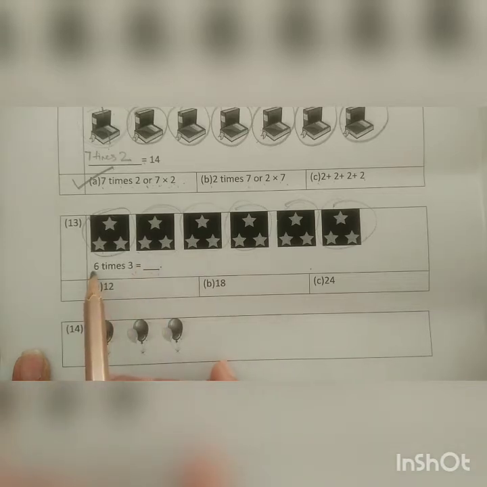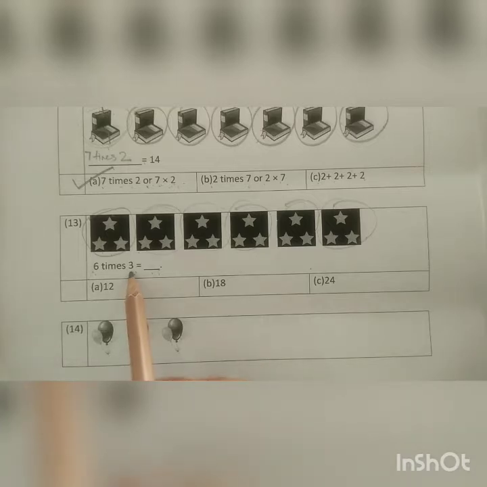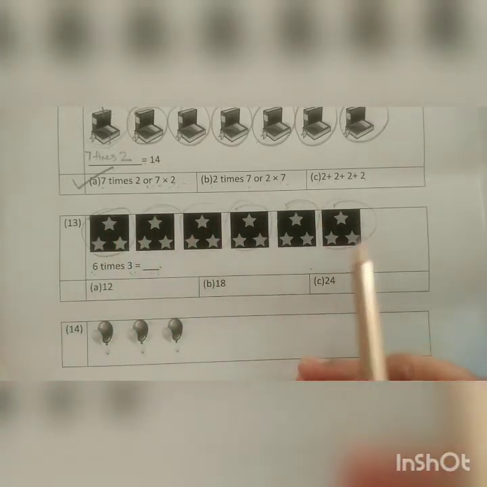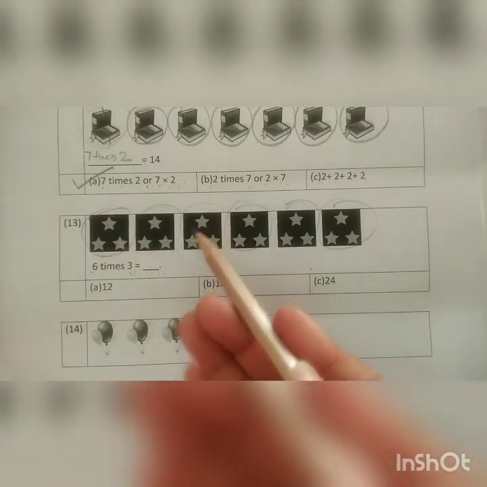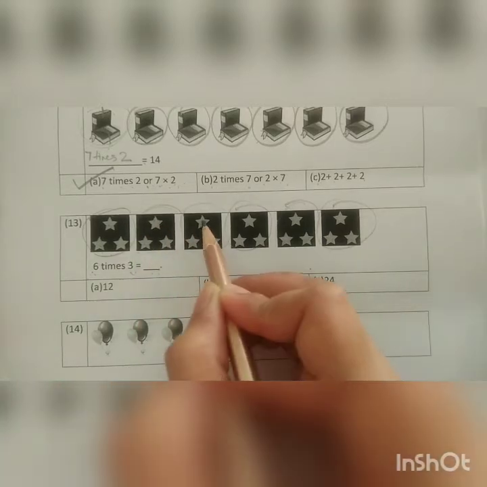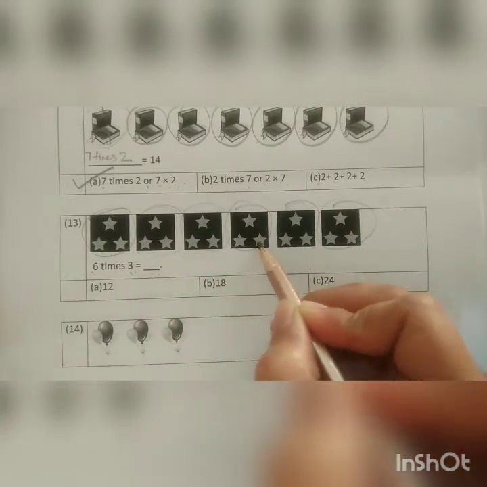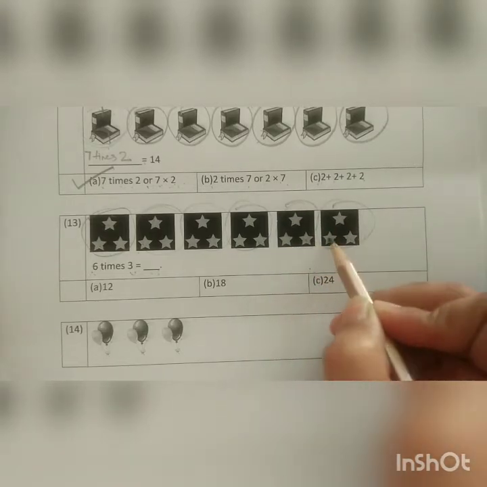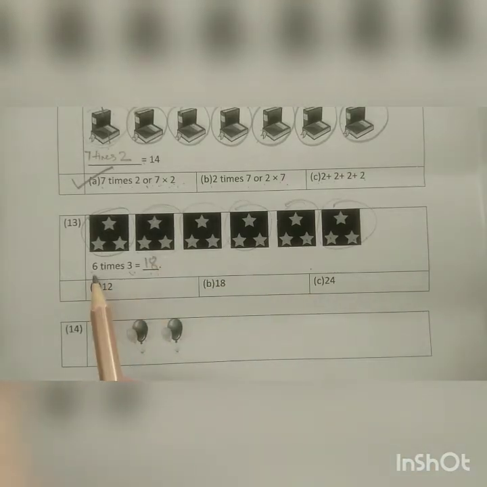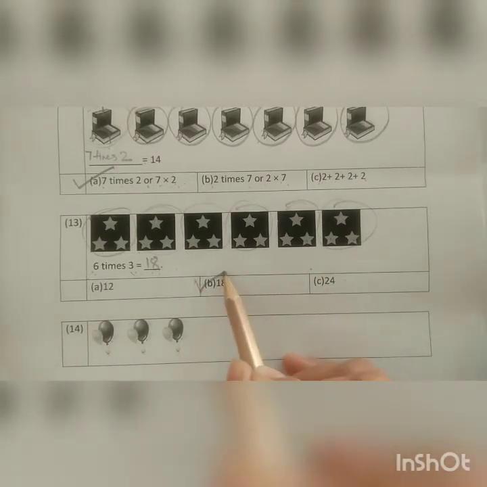If you know the table of 6, you will know what 6 threes is, but we can also find it another way. You know how? We can count the number of stars. The total number of stars is the answer itself, in the picture itself. Let's count. 1, 2, 3, 4, 5, 6, 7, 8, 9, 10, 11, 12, 13, 14, 15, 16, 17, 18. So the answer should be 18. 3 sixes is 18. 6 threes is also 18. So the correct answer is 18.